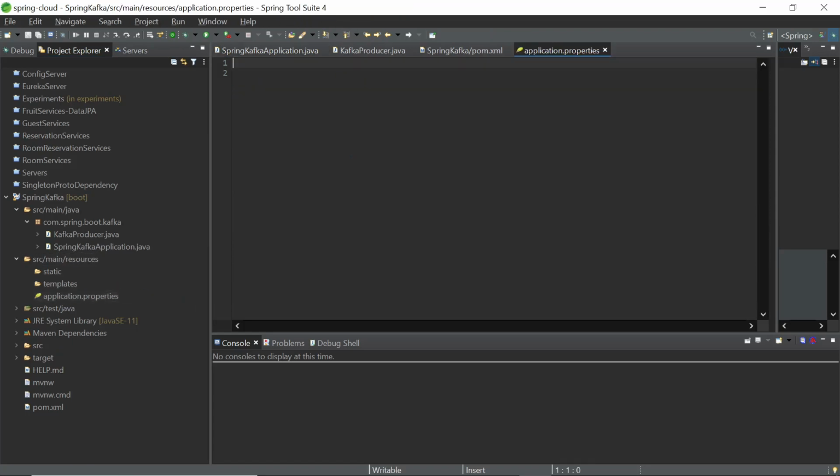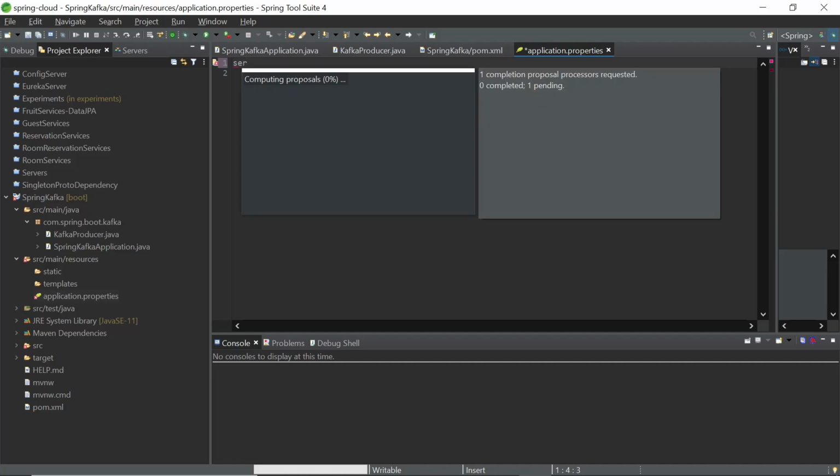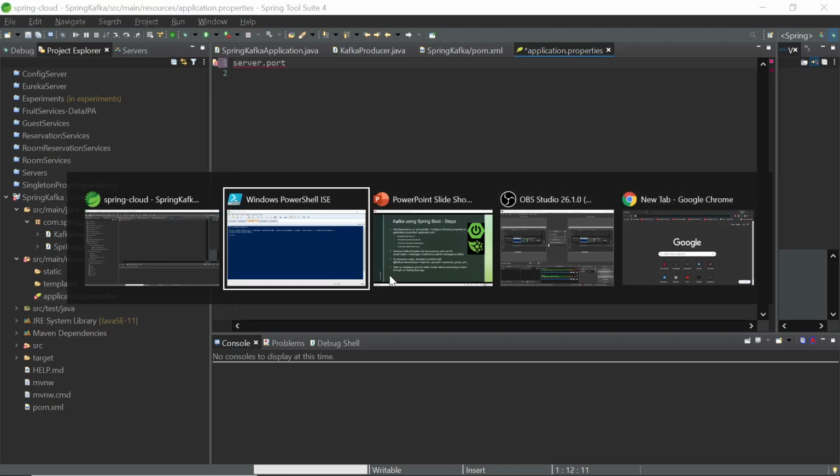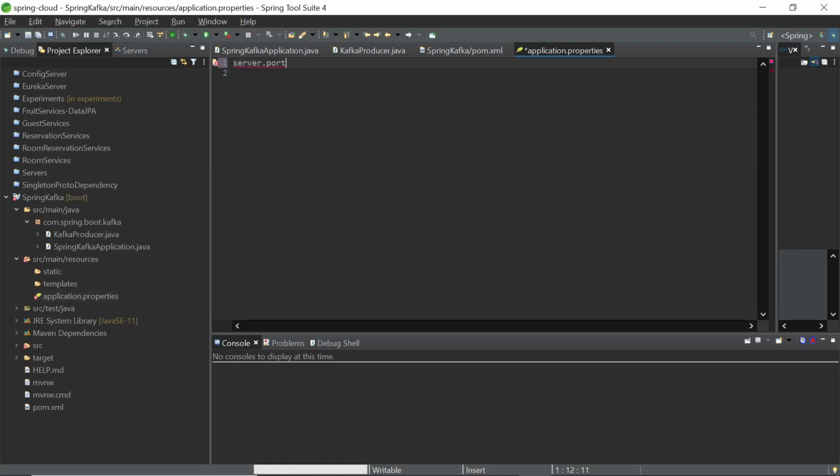So in order to connect to Kafka, first of all let's have server port. We could have had it running on 8080 as well.